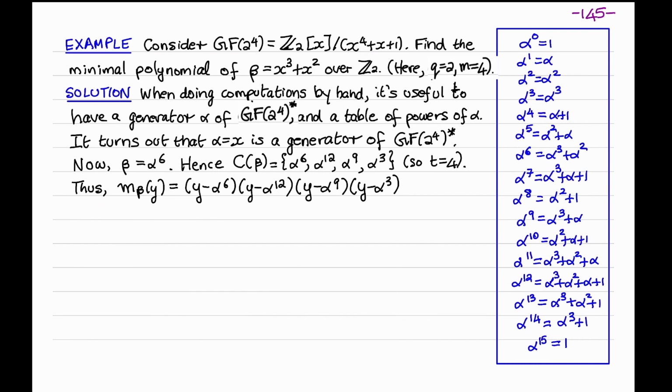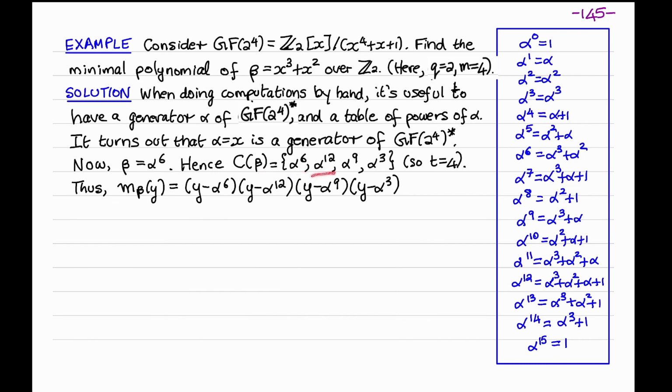You can also find this table in the handout section on Learn. So now we see from the table that beta is alpha to the 6th. By definition then, the conjugates of beta with respect to GF2 are the elements you get by repeatedly raising beta to the power 2. And so we have alpha to the 6th, which is beta, beta squared, which is alpha to the 12th,